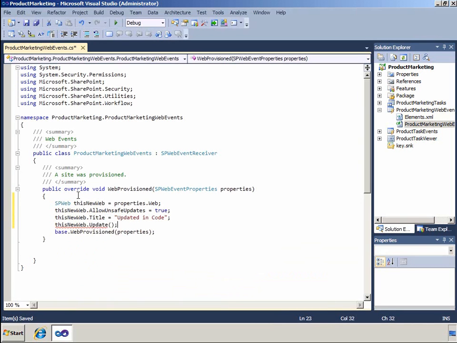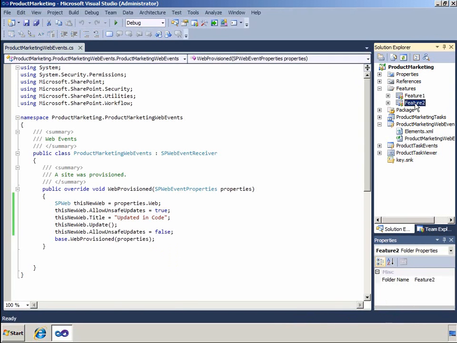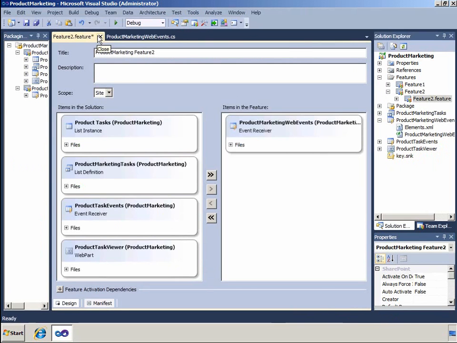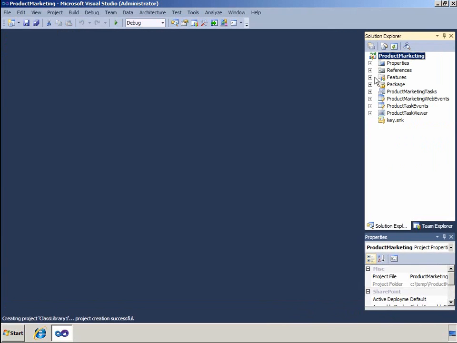Just a bit of housekeeping. We should then turn off allow unsafe updates. So now Visual Studio has added our new event receiver to feature 2, and that was initially created for the web part. So now we can go ahead and add a new project, and in this case we will add